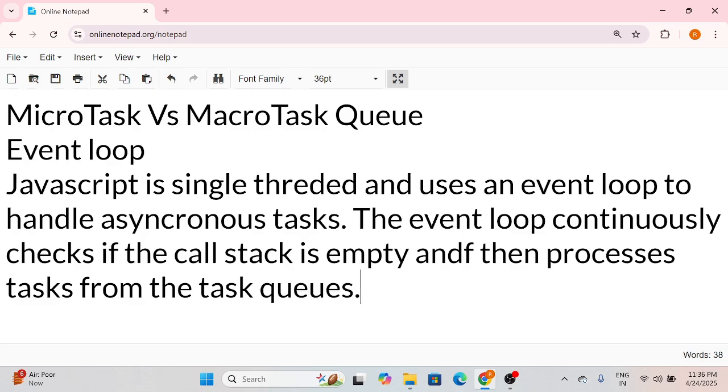Okay, so there are mainly two types of task queue. First, as I already said, the micro task queue and the macro task queue. And we can say the macro task queue is also called the callback queue. Okay, so the micro task queue contains tasks